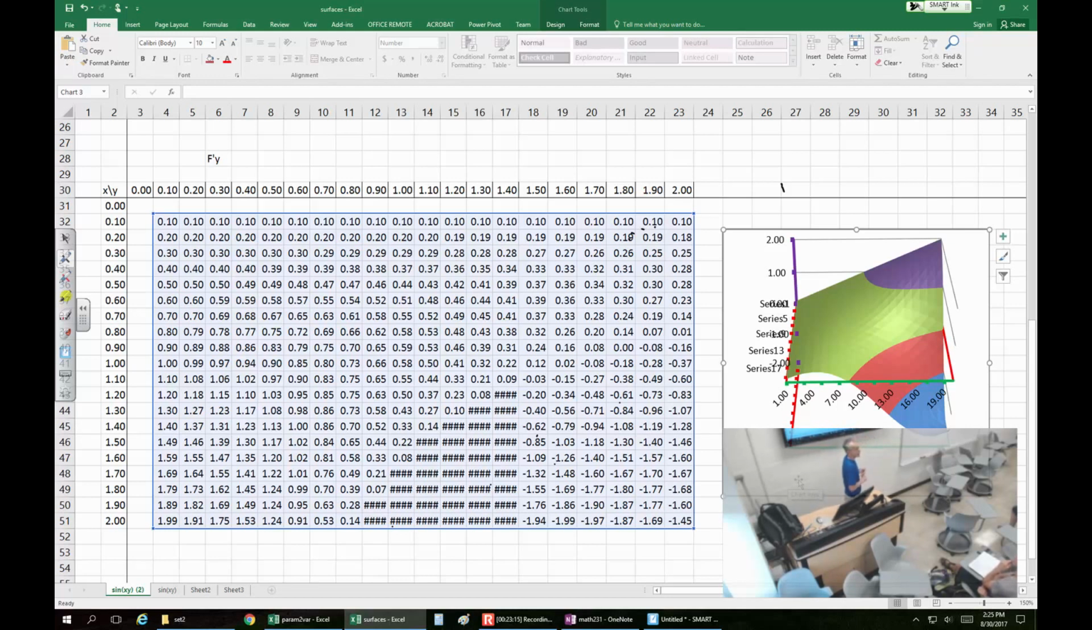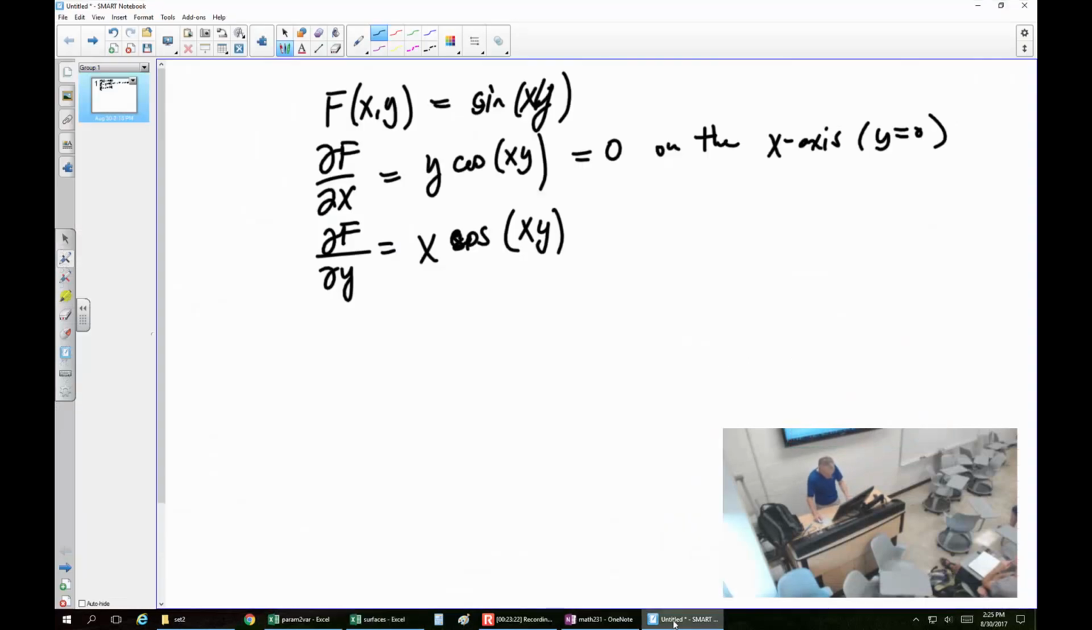X equals, or y equals 0? Y equals 0. Y equals, x equals 0. This is the y-axis, so this is the second line that I have over here. Okay, so equal to 0 on the y-axis. That's where x is equal to 0. And then as we start off, moving in the